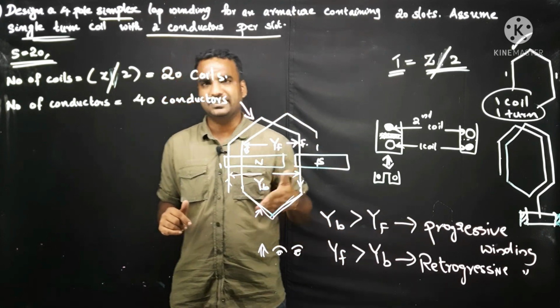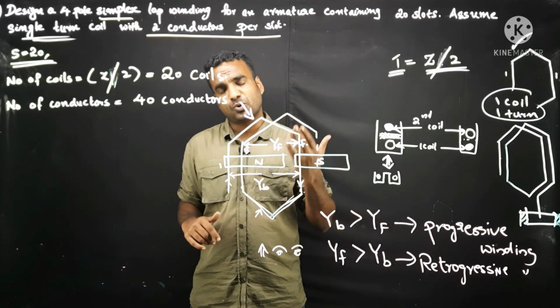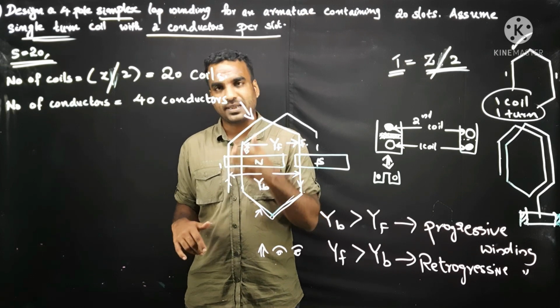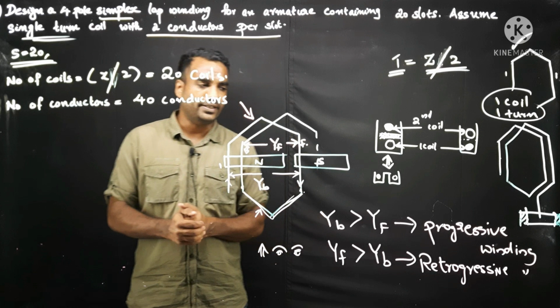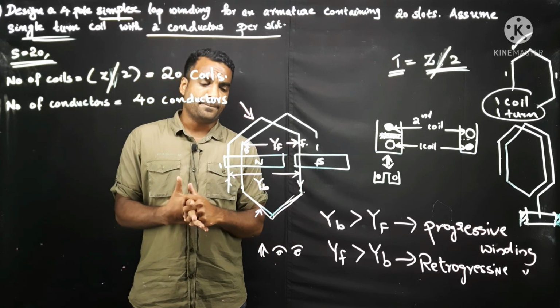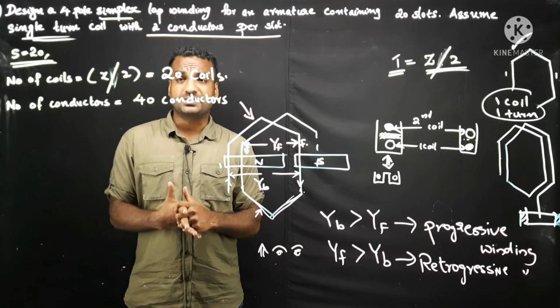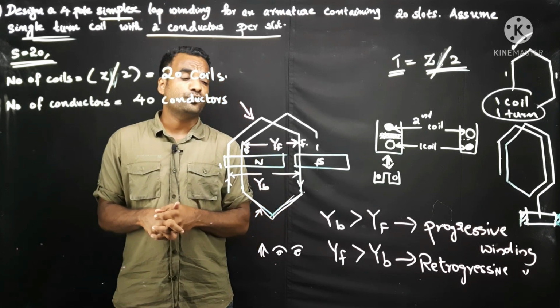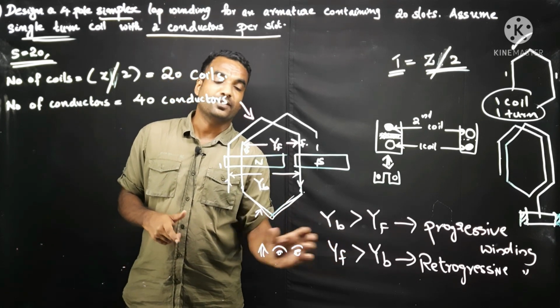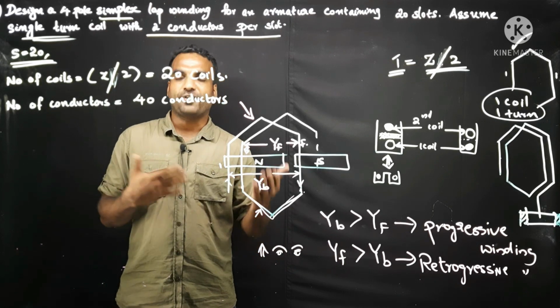Progressive is very easy for drawing. Retrogressive is also easy, but you have to go through that concept. So I am not going into the details of retrogressive winding. We are only mentioning the progressive winding in this class. Now it is the time to find the value of YB and YF. Then only we can find the